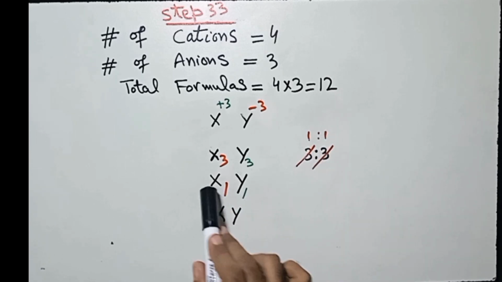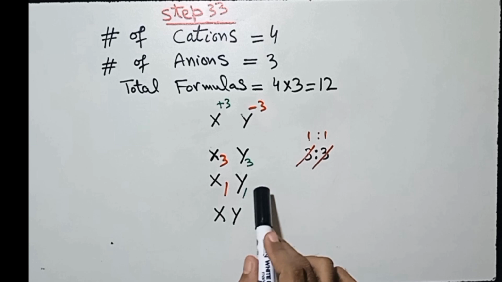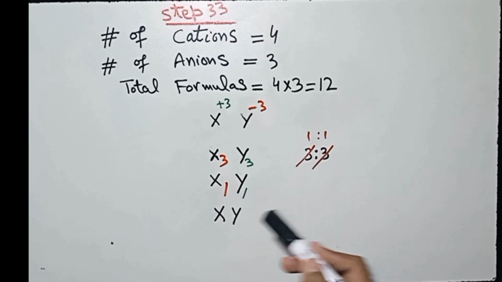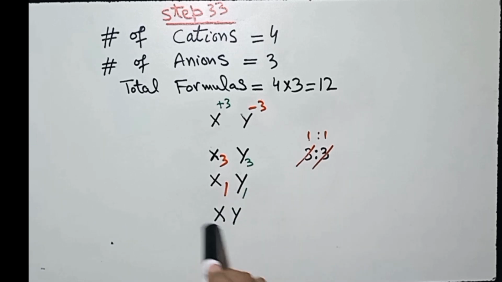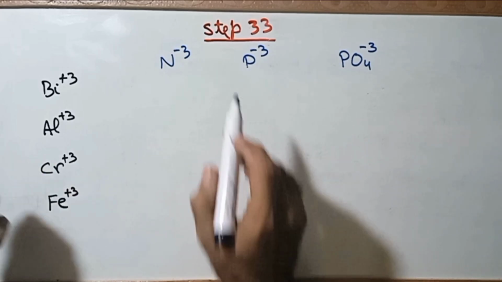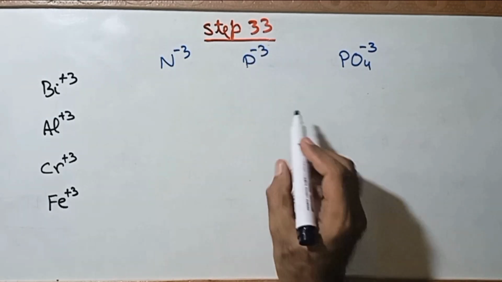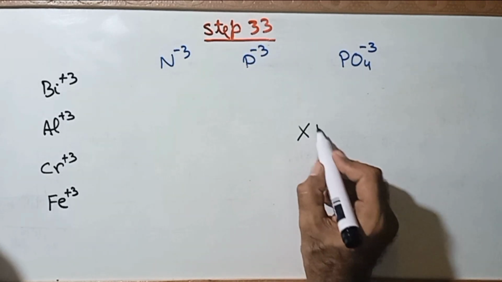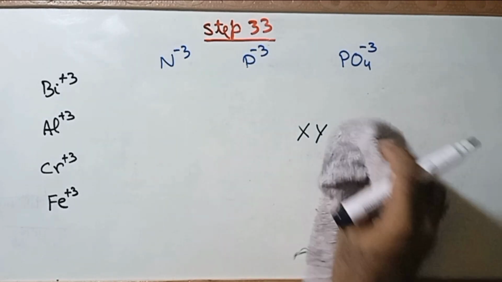So we will write x1, y1. 1 is not written in algebra and in chemistry, so we will get the final formula xy. This is the final formula of step 3.3. Okay student, this is video for step 3.3 and its formula is again xy, and we will write all these